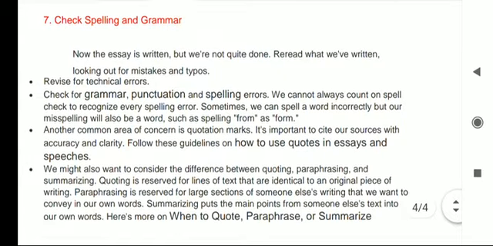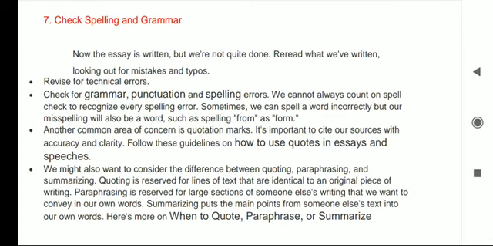Now, check spelling and grammar. The essay is written, but we are not quite done. Reread what we have written, looking out for mistakes and typos. Revise for technical errors. Check for grammar, punctuation, and spelling errors. We cannot always count on spell check to recognize every spelling error. Sometimes we can spell a word incorrectly, but our misspelling will also be a word, such as spelling "from" as